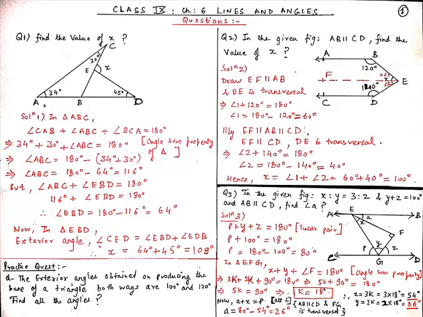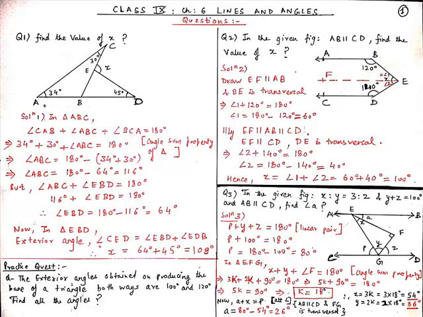And now our third question for today is: in the given figure, X is to Y will be equal to 3:2 and Y plus Z will be equal to 100, and AB is parallel to CD, and we have to find the value of A. So according to this figure we can say that P plus Y plus Z will be equal to 180 degrees by linear pair, and the value of Y plus Z is equal to 100 degrees, which is given in our question. So from here P plus 100 degrees will be equal to 180 degrees. Therefore the value of angle P will be equal to 180 degrees minus 100 degrees, which is equal to 80 degrees.